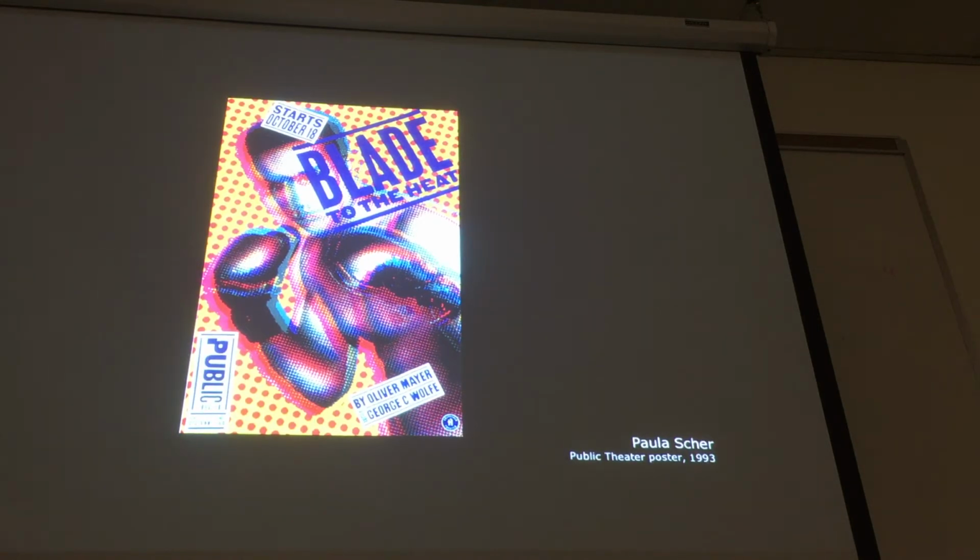So here is a play that's about a boxer, and she decided to take advantage of pop art, so we can see that kind of Roy Lichtenstein background going on with the dots and the moires, but this also kind of feels like Bradbury Thompson's work when he was doing the stuff for Westvaco. And then the typography, again, is constrained in this format that's a little bit like wood type posters.